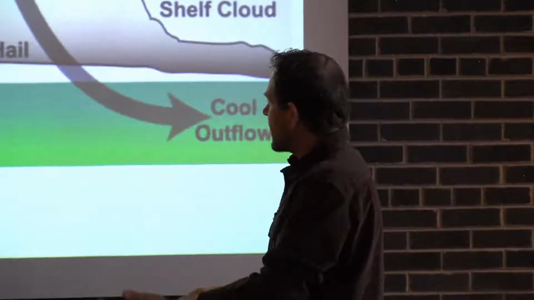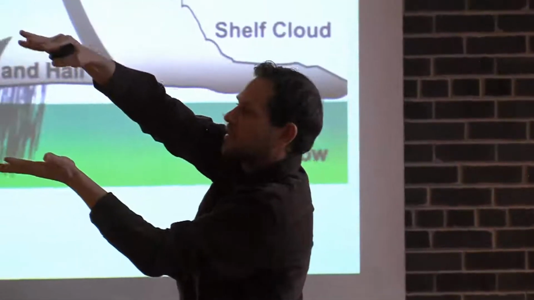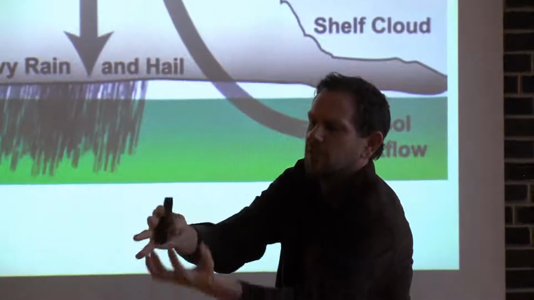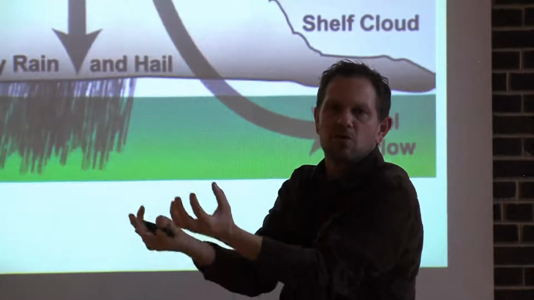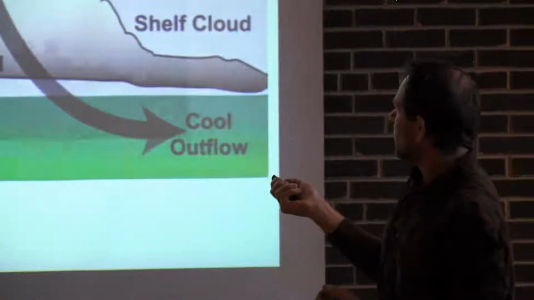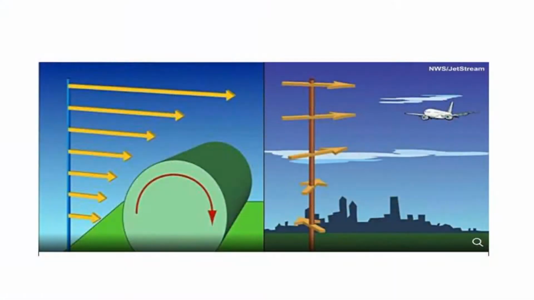But this rising warm air can get up into the atmosphere where the cap of the atmosphere is telling it, I don't want you to rise anymore. I want you to stay put. I want you to stay down there. But there's so much of it, and the rising motion is so strong, it starts getting up into the upper part of the atmosphere where it doesn't belong. And the winds that are up there, these upper level winds, our jet stream winds are part of that, start knocking down this rising warm air.